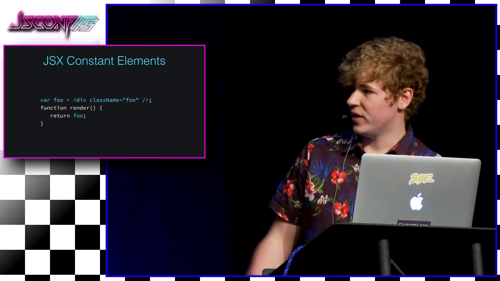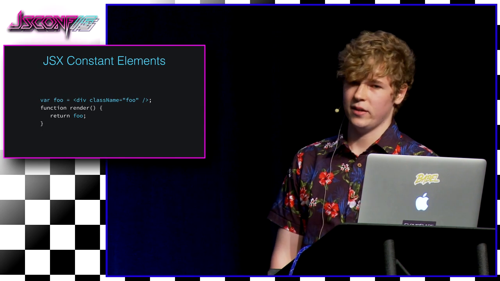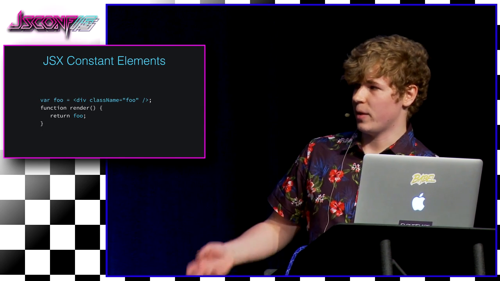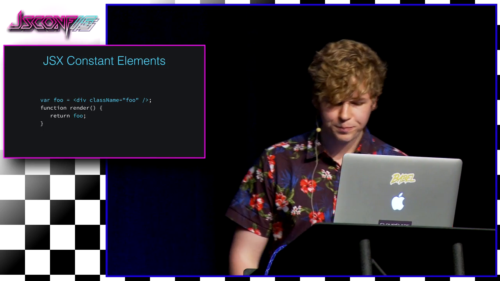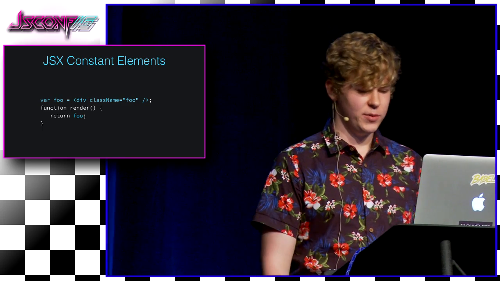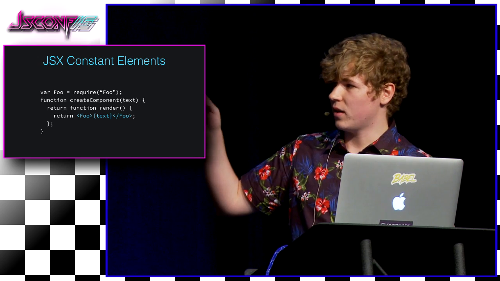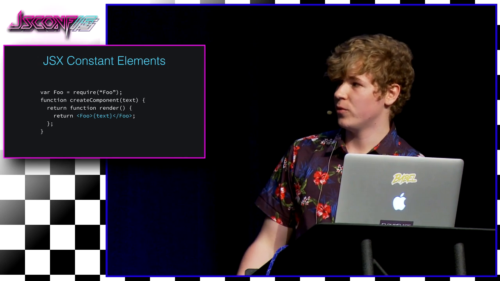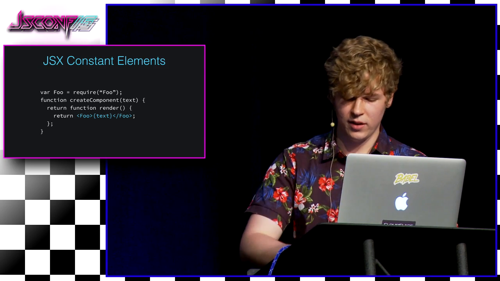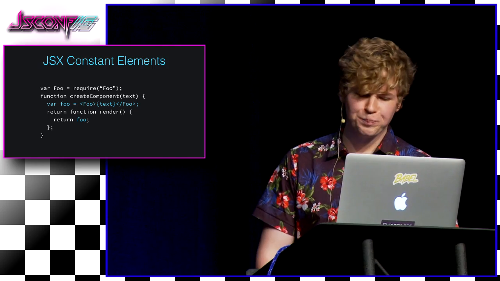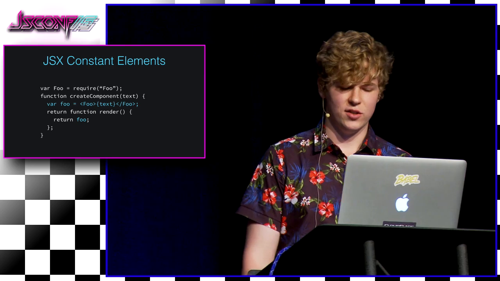So this would be turned into something like this. It'd be hoisted to the highest scope that it could, and then just return foo would be done in the render method. So each time you called render, it would return the same element. So this works for immutable elements, but this can also be applied to mutable ones as well. Here, the JSX element references the foo and text variables, and so that can be hoisted to the create component function, like so. And so the core concept is just pre-processing and making the JavaScript engine do less,